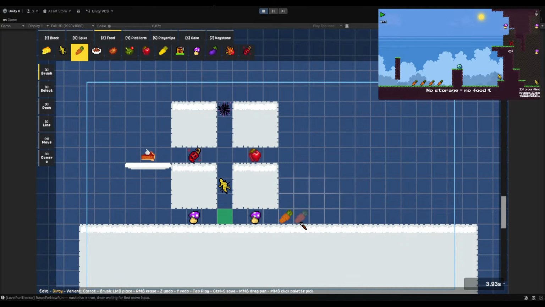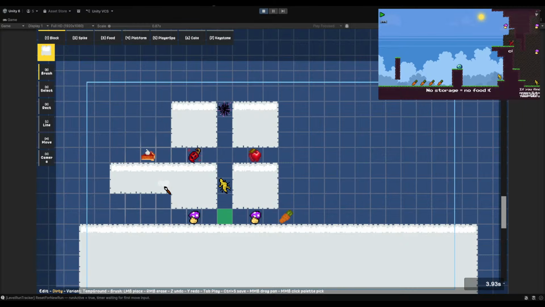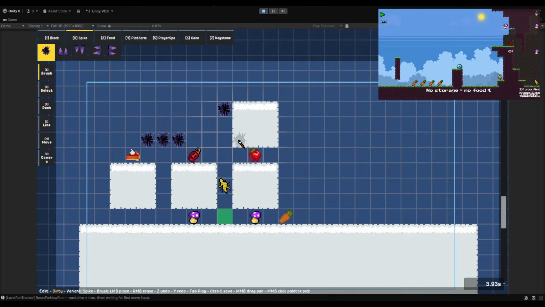No, that's just possible, so we don't want to do that. We also need to make sure that they can't just jump here with the carrot, because I want player to have to go through this pepper. So maybe we'll do a proper spike set here. But this is also not possible. Great. Maybe I don't showcase pepper. Okay, you know what? Let's just not showcase pepper in this level. Better choice.